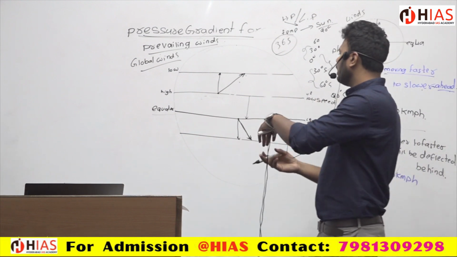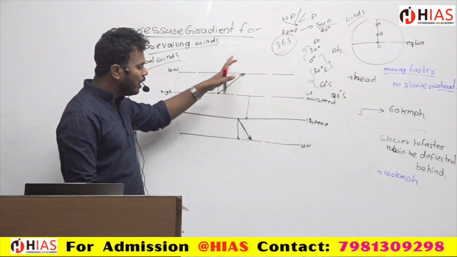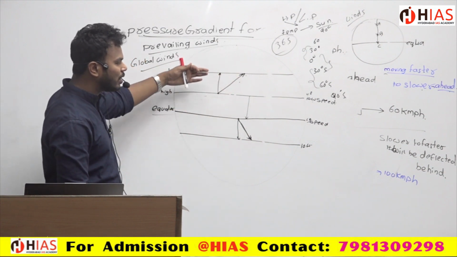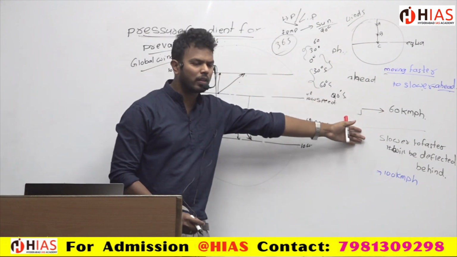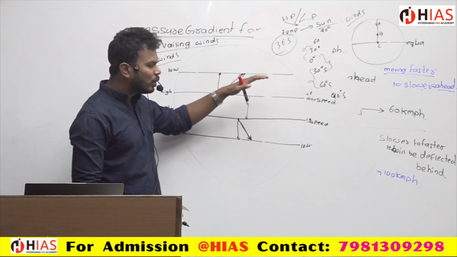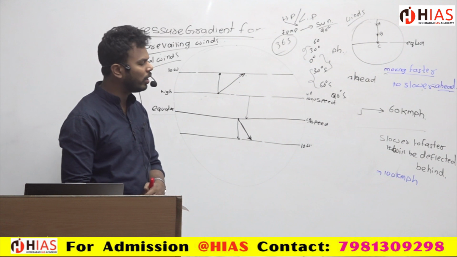Anything in the northern hemisphere will always deflect towards the right side. Anything in the southern hemisphere will always deflect towards the left side. Why right side, why left side, I explained with these examples. The speed of the earth is changing, so the speed will be more. Depending on from what direction to what direction they are going to travel, that is what we derive.